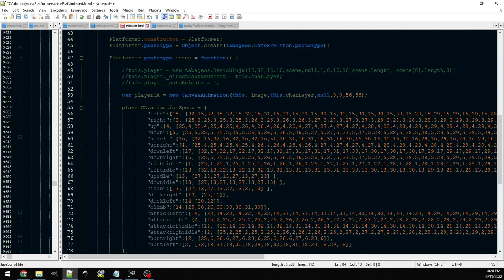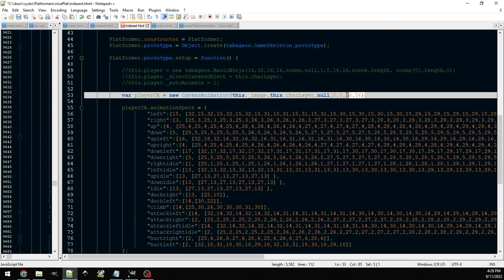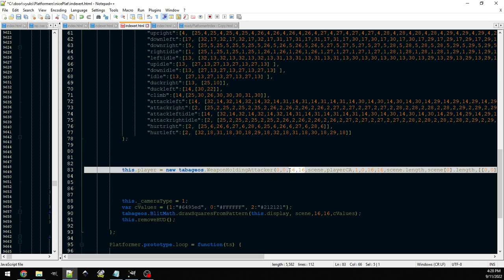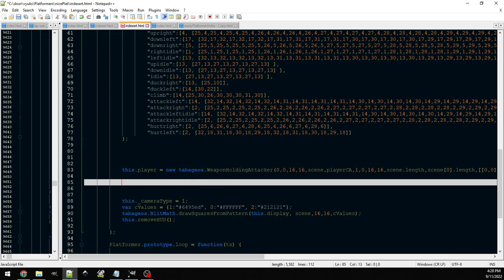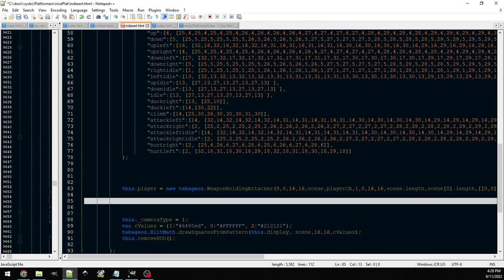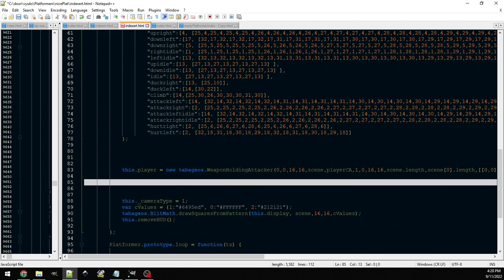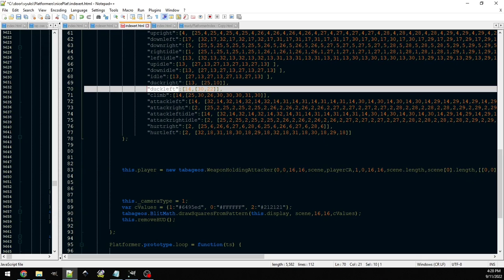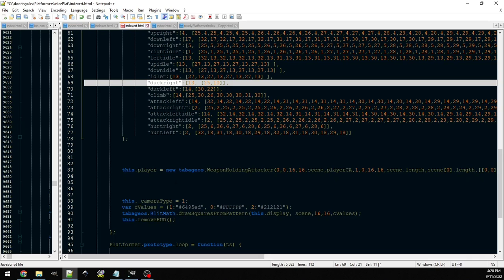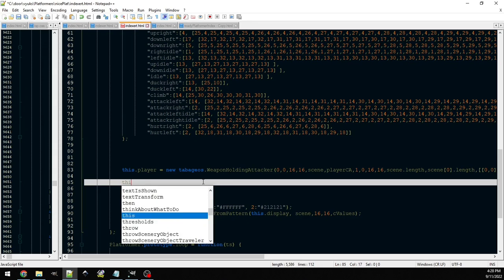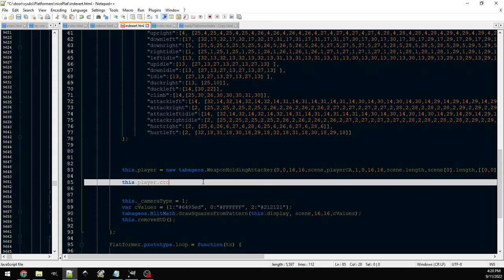Now the situation is that the animation is 56 by 56, but we want to just collide at 16 by 16. We need to offset, therefore, the animation on the screen over the middle of that square. And also, all of the frames of the animation are exactly the same, and the weapon holding attacker class assumes that the duck animation would be less height than everything else. And so because in this case it's not, we're going to have to set this.player.crouch